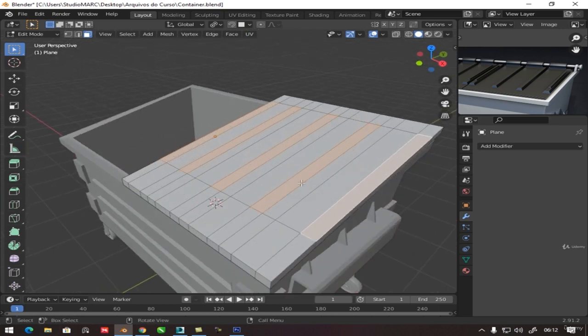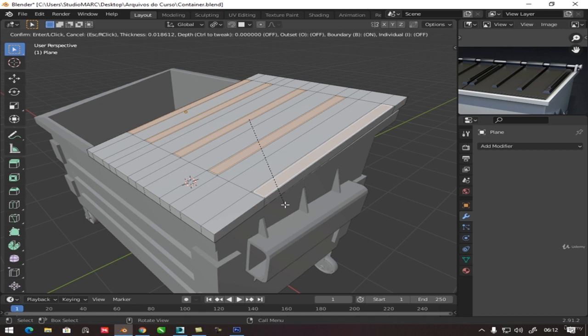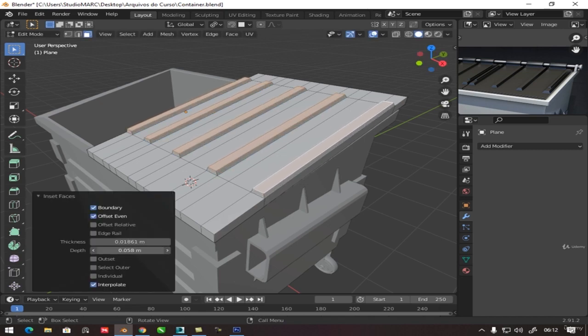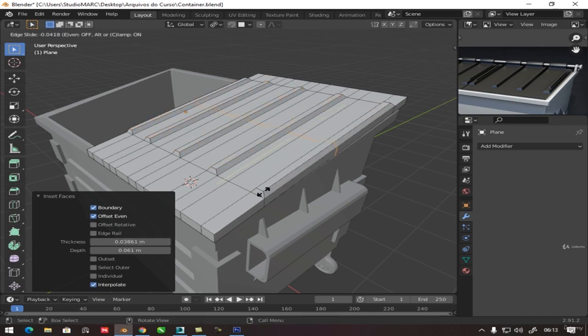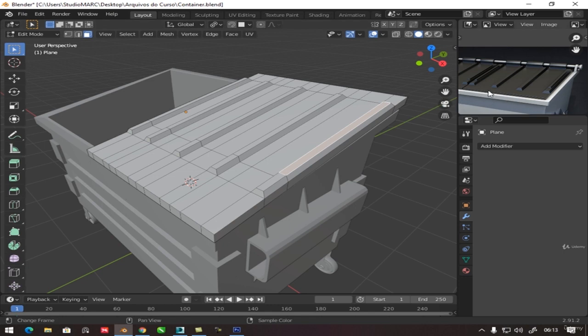Different from Max, Blender doesn't keep the selection. You have to do it again, unfortunately. Hit insert, more or less in here. Here I enable the depth, and I decrease here the thickness, and I give it a Ctrl R again, more or less in here,